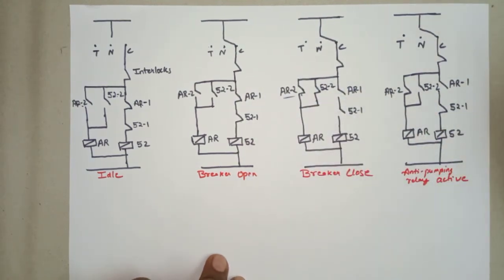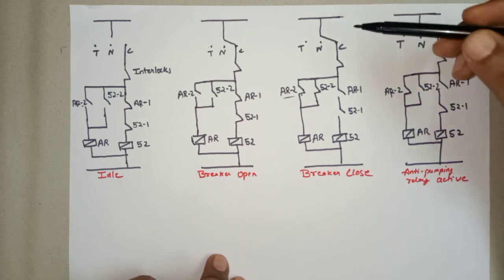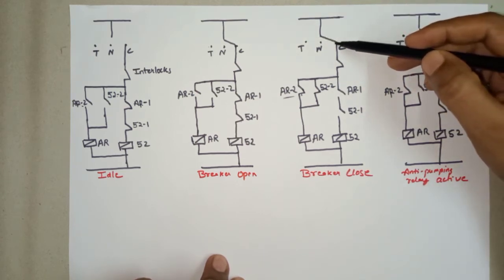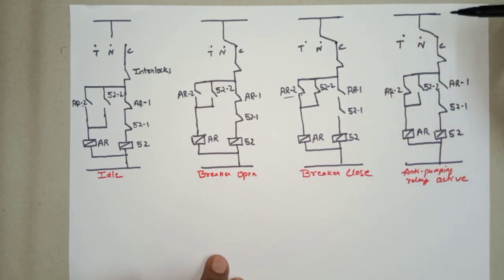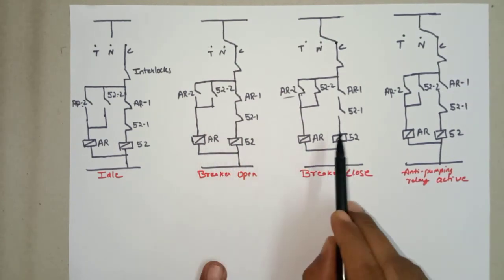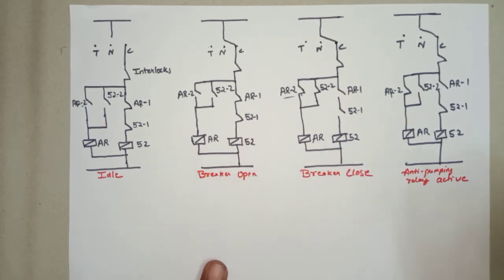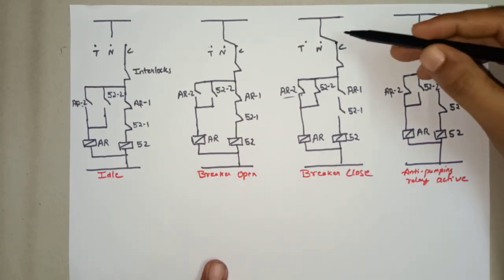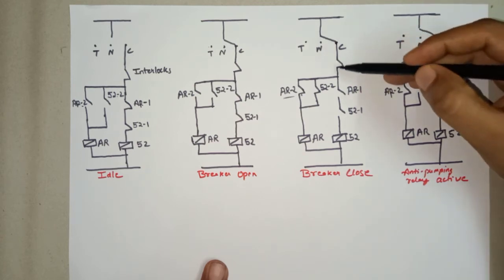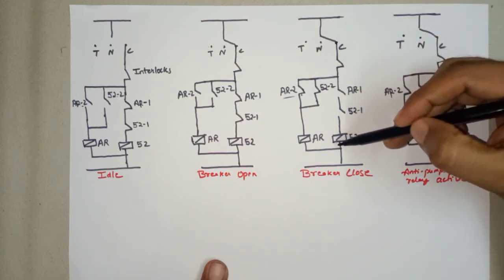Now, in the similar failure condition we have seen, a close command is continuously persisting through failure of the switch. Now what will happen if the breaker trips in this case? In the previous case, the breaker came back to this state and there was hunting of the breaker from open to close. Now we'll see what will happen. Suppose the close command is continuously available, and after this, the breaker trips.